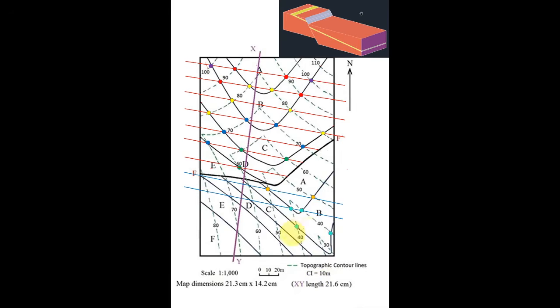Then coming to junction BC, we have these two 40s here, and we also have 30. Then I guess that's it for them. Then if I go to this AB junction again, we have this 60 which we have here, and the other side of 60 is not visible. It is because of the faulting process, but it would have been somewhere